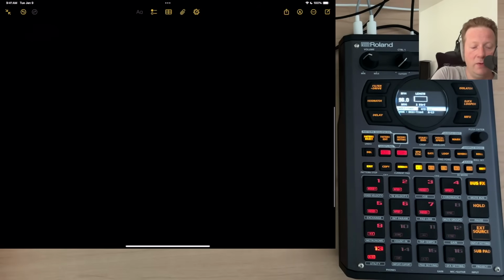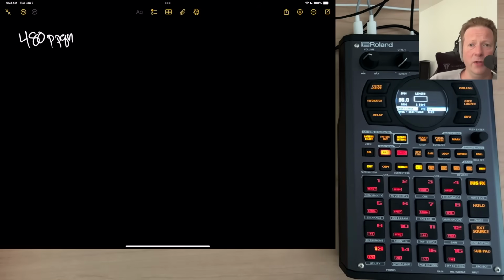Let's just start there. The SP404 Mark II is 480 parts per quarter note. If you don't know what that means, it basically means there are 480 places that a note can land per quarter note. I'm going to try and draw it a little bit. Between a 1.1 and 1.2, I can't draw 480, but there are tons and tons of lines, equally spaced out between each quarter note. There are 480 of these spaces, which start at 1.1 and go up to